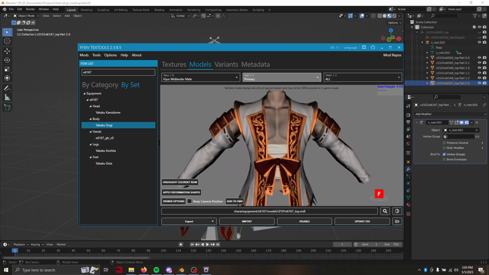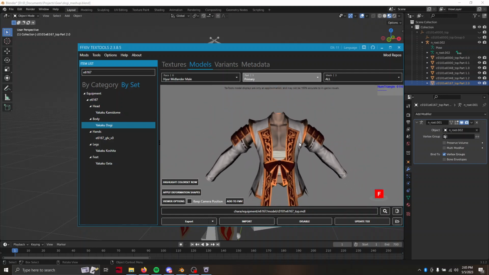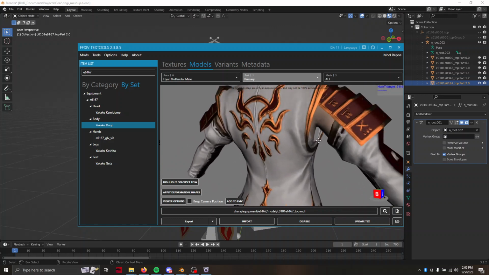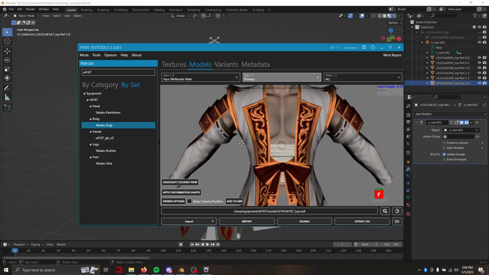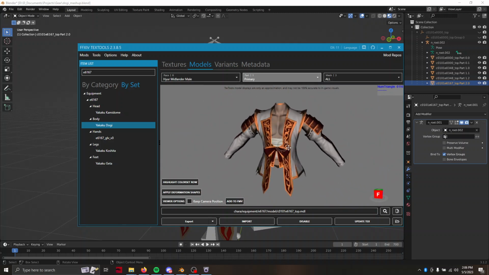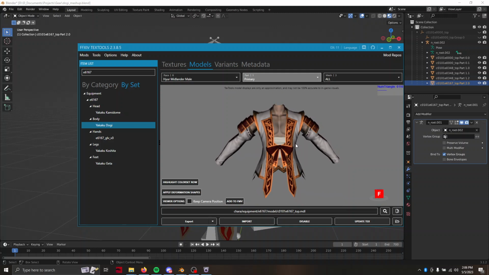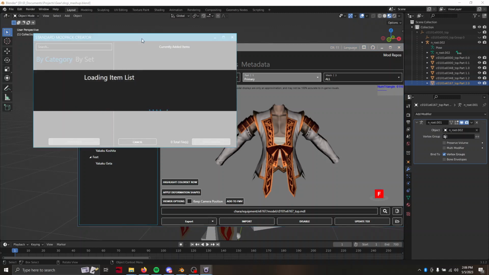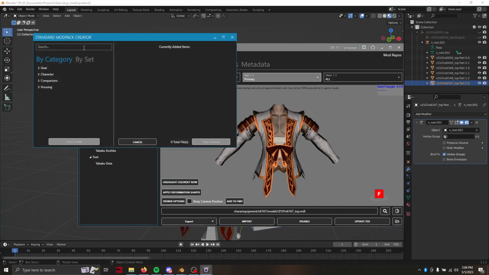In any case, if you've done this right, you should get all the materials in the right places. You'll notice there's some gaps right there, but I am too lazy to deal with that right now. I think we're good to go. So from here, what we're going to do is create a new mod pack. Generally, you want to use a standard mod pack unless you know exactly what you're looking for. I do know what I'm looking for, but I'm going to show you how to use the standard mod pack anyway. What we want is to look for